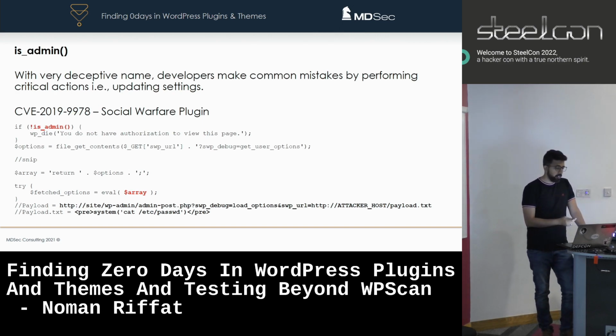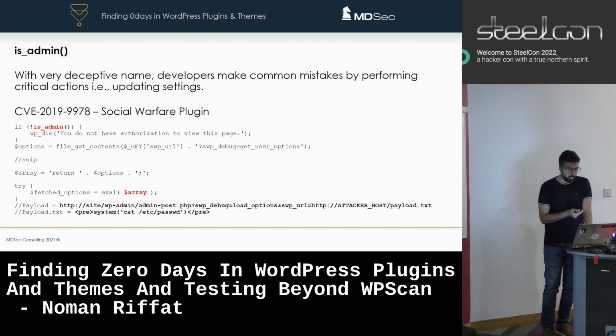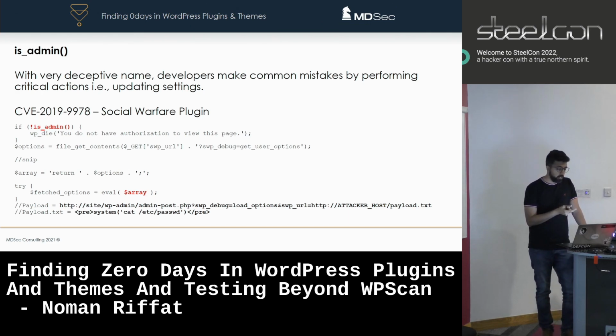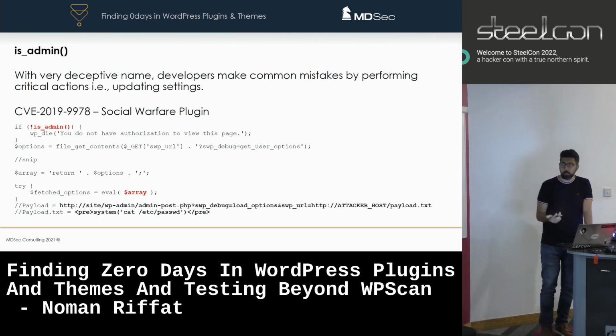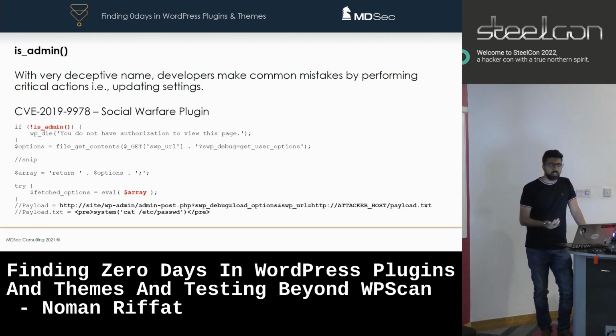There was an exploit in the Social Warfare plugin a few years ago, and this is how the vulnerability occurs. In the first line of code, the developer is checking is_admin. The developer probably assumed that if the current user is not admin, then just kill the code. In the next line, it's taking